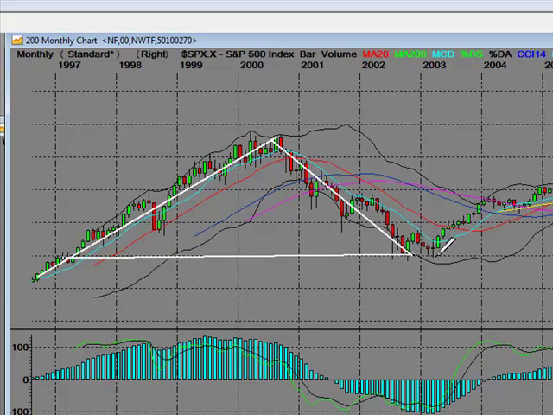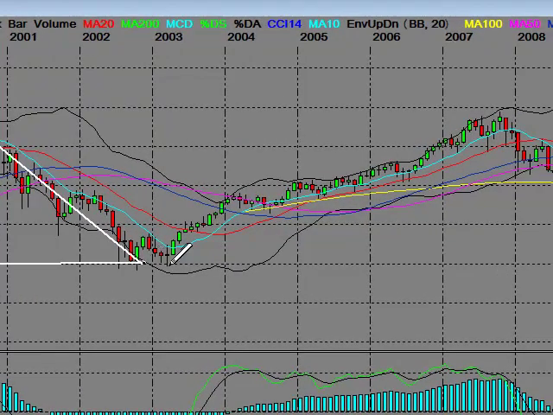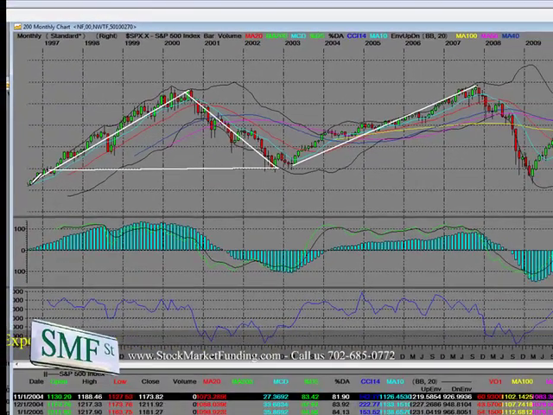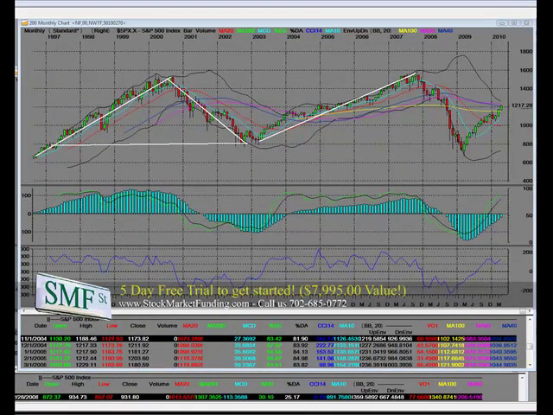Here, what I want to point out was the 2002 bear market, when Greenspan had interest rates at very extreme lows. In 2003, we went up and made an all-time high in the S&P 500. Basically, guess what? Everything that happened over here at this bottom, let me draw a trend line.